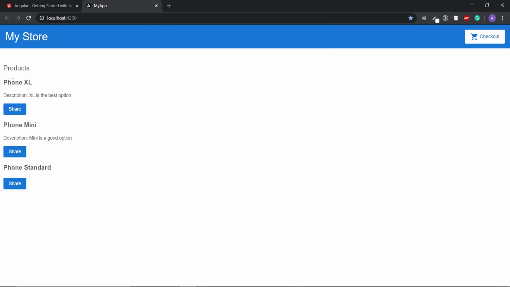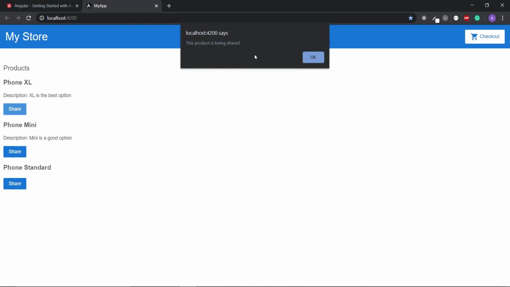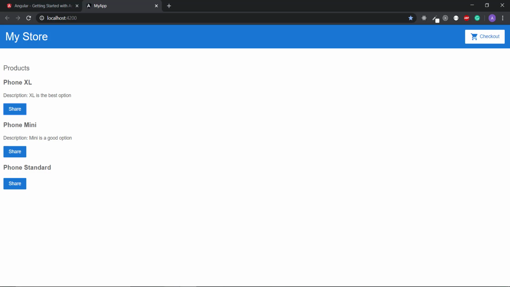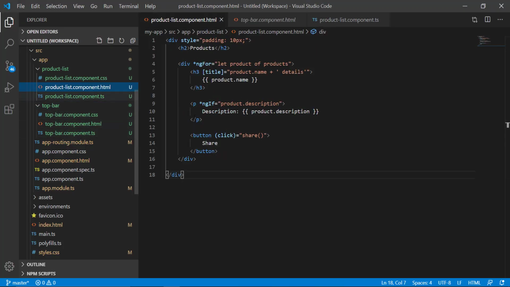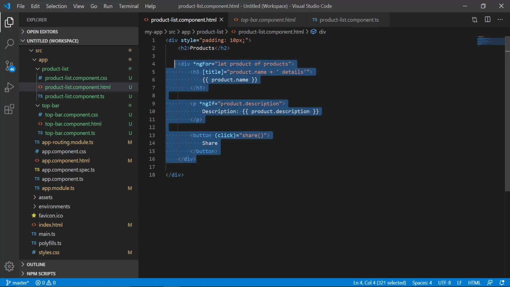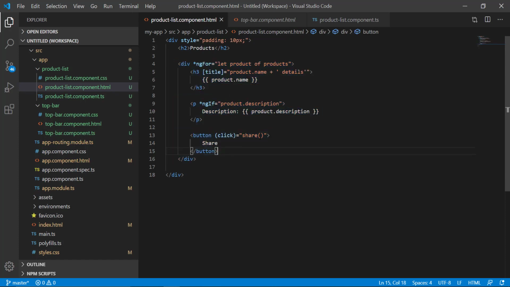So how can we know which product has called this function. So apart from what they have on their site, I am showing you one more thing, how you can access the value of this product inside this function and show it inside the alert. So how we can do is, whenever we are clicking on this product, we have this button inside our product div. So each product will have its own default instance on the DOM,